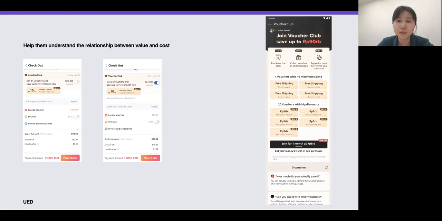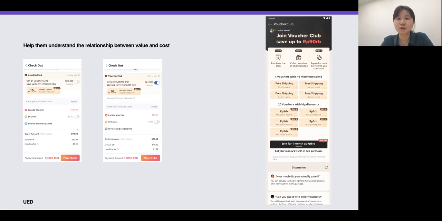When we first had it, I don't have the old design handy, but it wasn't the landing page that invites customers to join on the right side, versus the other entry point where customers can join while they're checking out. It wasn't that clear to the customer what they're getting, so the conversion wasn't that great. So we did a couple of rounds of improvements, and to be honest, we're still in the middle of it.